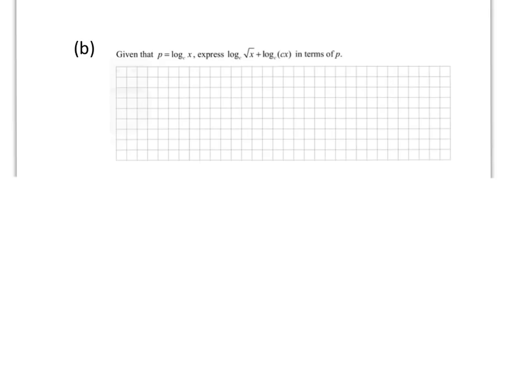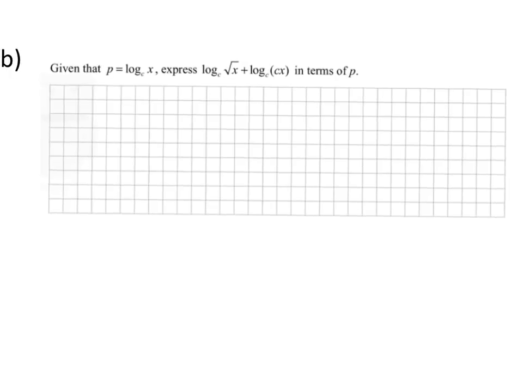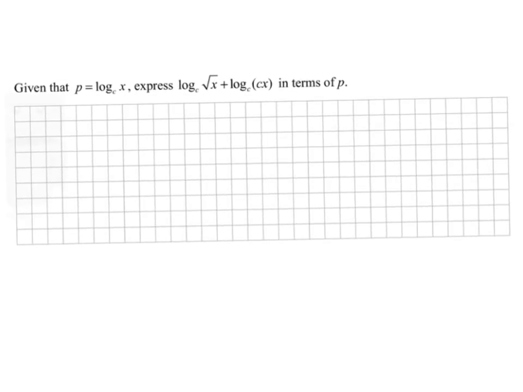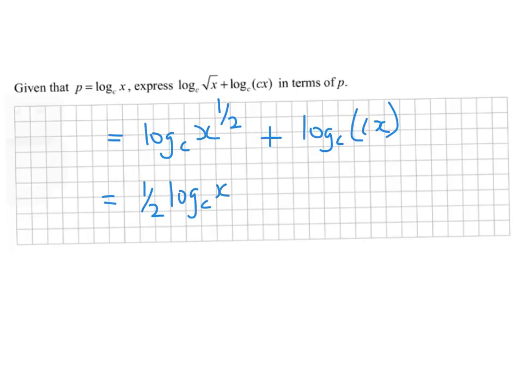Okay, and here we go with part B, and it says, given that P is equal to log x to base C, express this statement here in terms of P. Okay, well, so what can I do here? I know first of all the square root of x is x to the power of a half. So that's going to give me log to base C, x to the power of a half, plus log to base C of Cx. Okay, I can bring down my power here as a coefficient, so that's half log to base C of x,